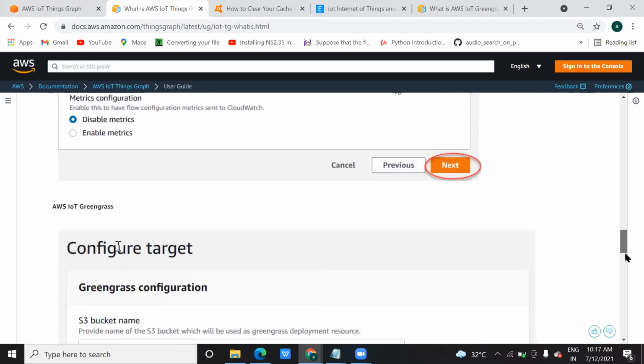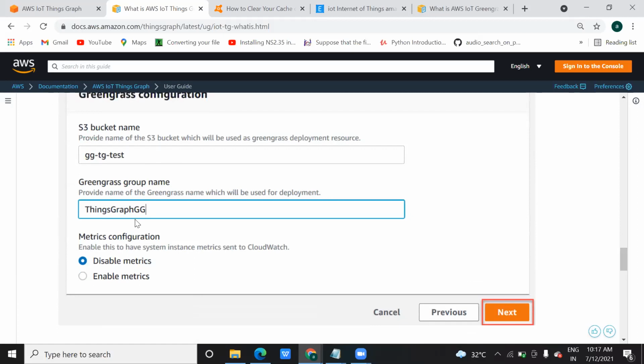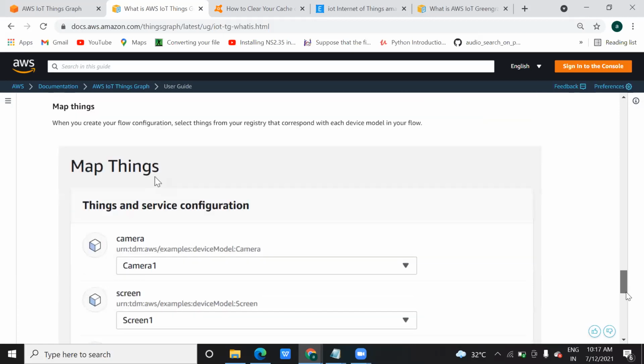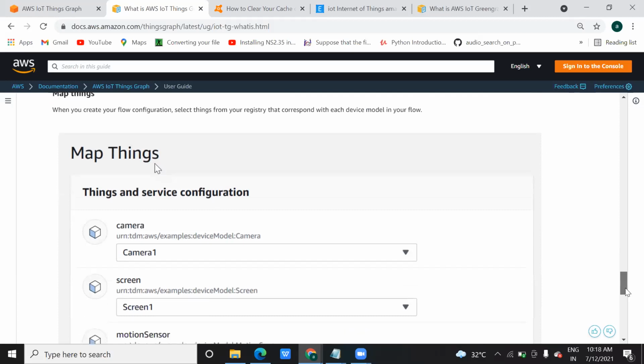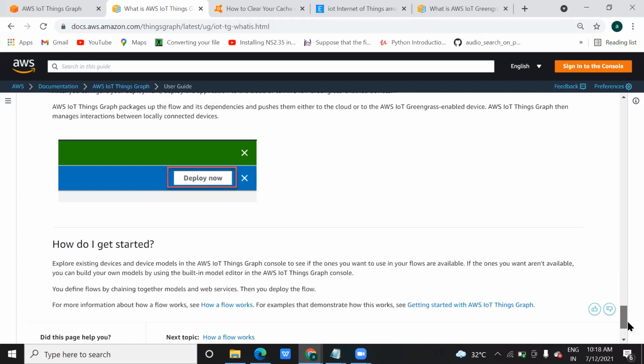When you use Greengrass, you need to configure or download Greengrass on your local system, the S3 bucket, the Greengrass group name. Once you are done with this, you need to decide what hardware devices you might need: camera, screen, sensor, you need to select all these.